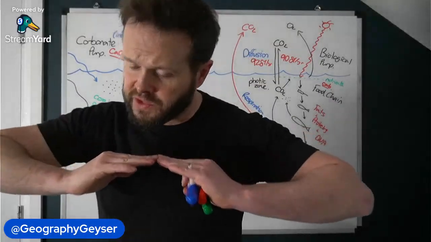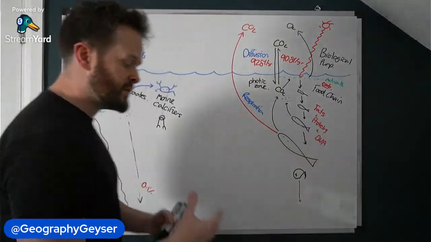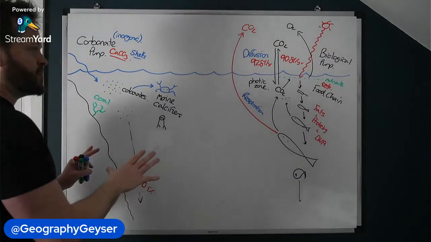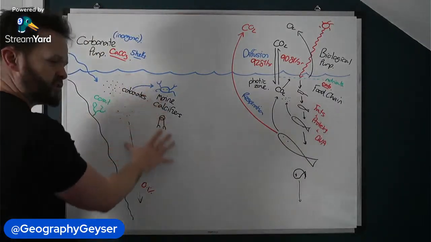The sea floor, and become part of the lithosphere. But like I've said before, minimal amounts of this will make their way down to the ocean floor. Okay, so that's your carbonate pump. So the predominant movement here is kind of cyclical, if you like. This one is a bit more downwelling going on.